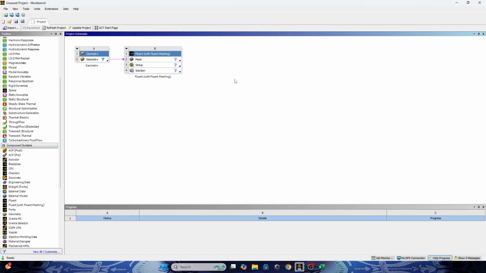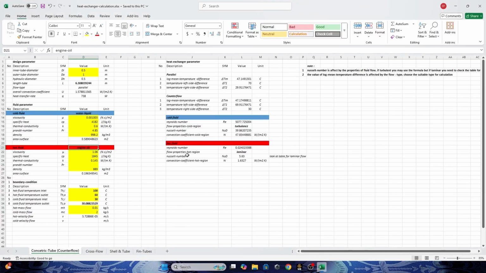Before we can do the simulation, we need our geometry. The heat exchanger is like a tubing, so the inner diameter is 0.5 meter, the outer diameter is 1 meter, and the length of the tube is 6.3 meter.